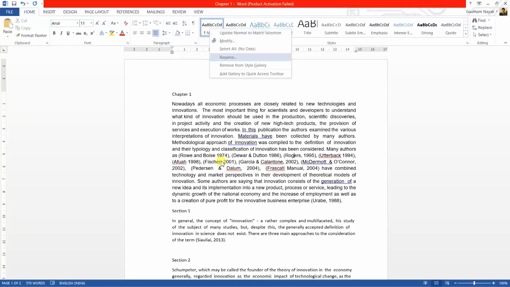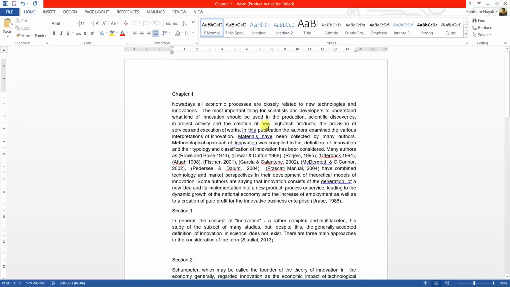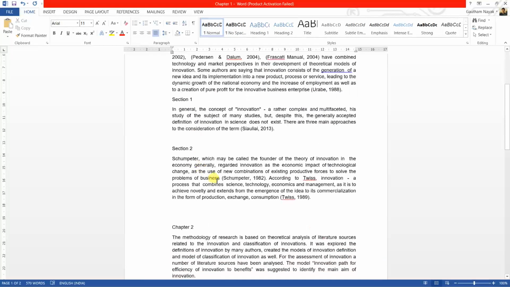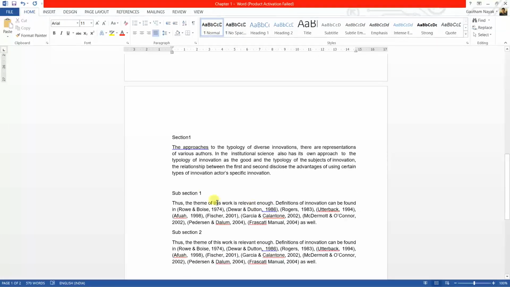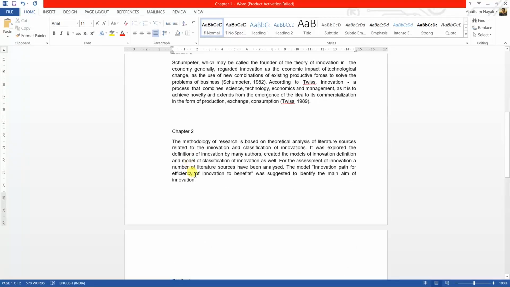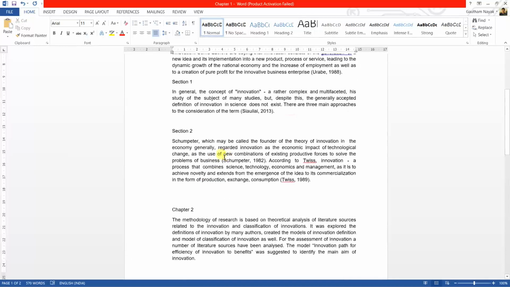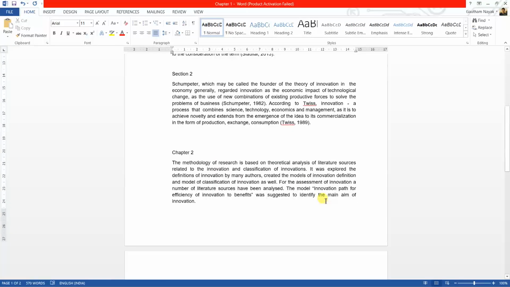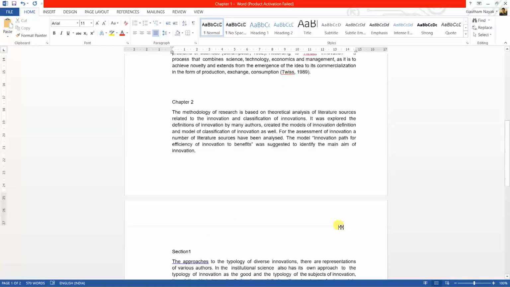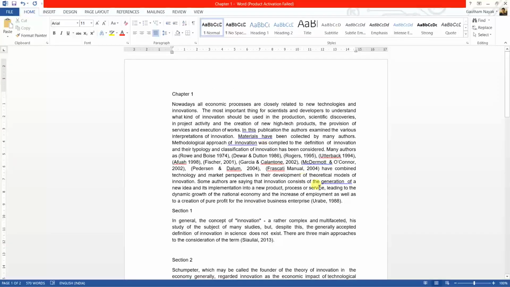So we will be updating this as our standard for the body content. You can see automatically all the other body content, the font is changed to Arial, line spacing is 1.15, and it is all justified. Okay, so that's how we format the body content.